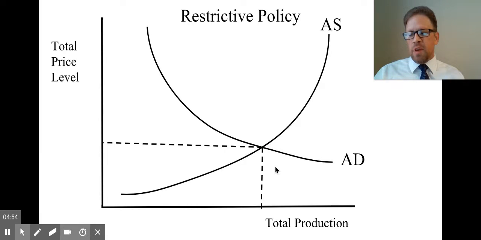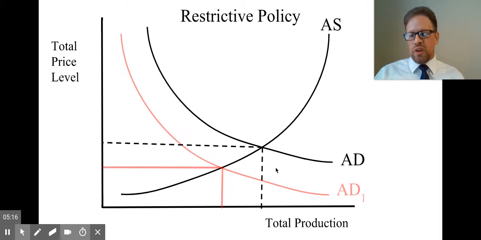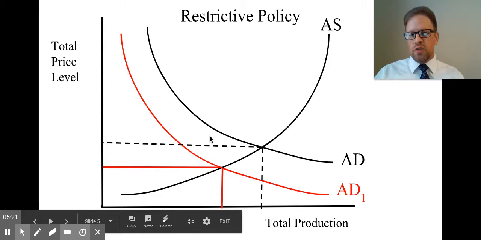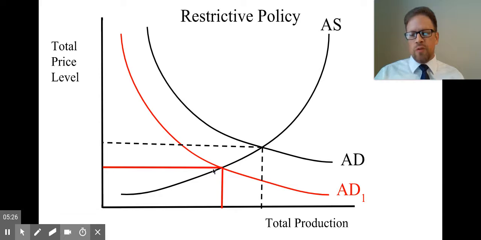Now, if the economy is growing too rapidly, and sometimes it is, and therefore suffering from high inflation, the government can also correct this problem by adopting a restrictive policy, which on occasion has been called tight money policy because it's harder to get a hold of money. Now, if you do a restrictive policy, this slows the economy by decreasing the money supply, which leads to reduced overall spending. So, economy's going too fast, we're going to slow that sucker down. So, with less spending, overall price levels will decline, causing inflation to lower.